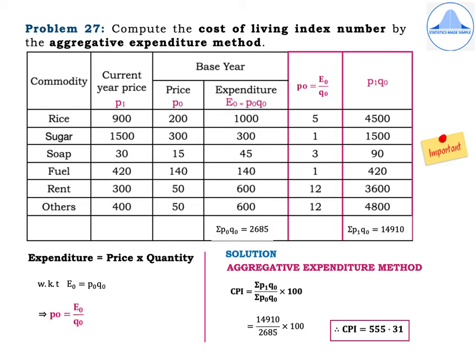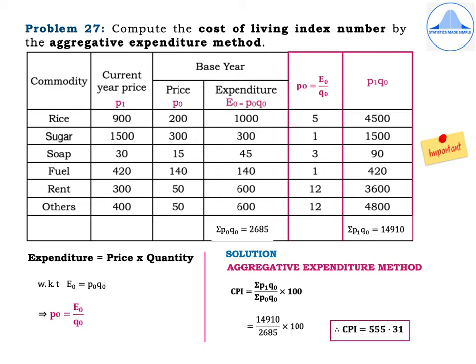So if you look at the table below, expenditure is equal to price into quantity. So we know that E naught is equal to P naught Q naught, that is for the base year. So from that you get P naught is equal to E naught divided by Q naught. So in the table form two columns, P naught equal to E naught by Q naught, and with the calculations